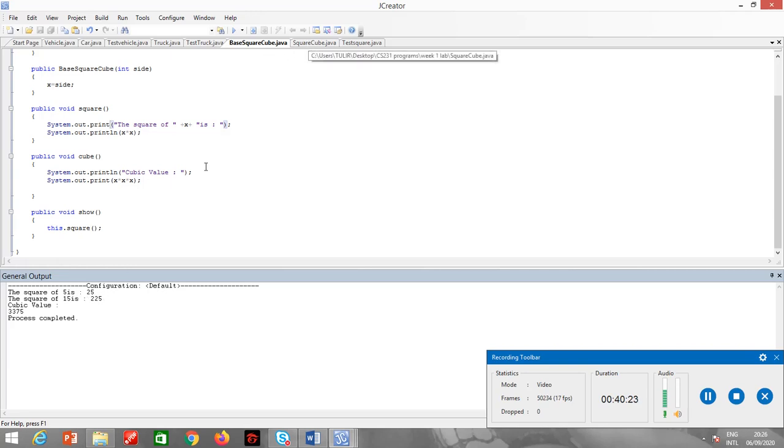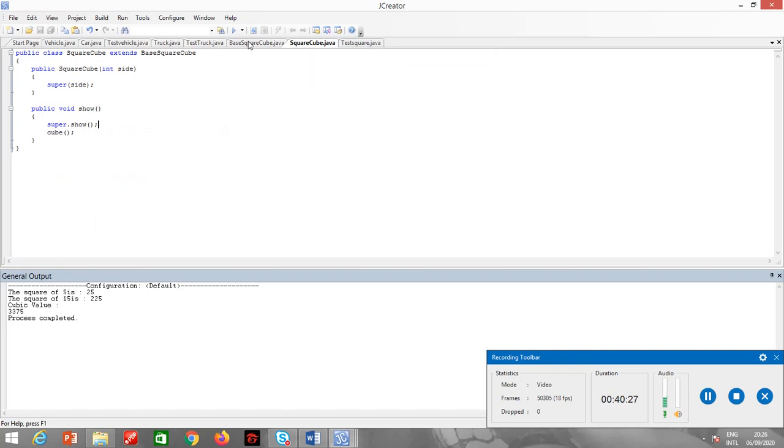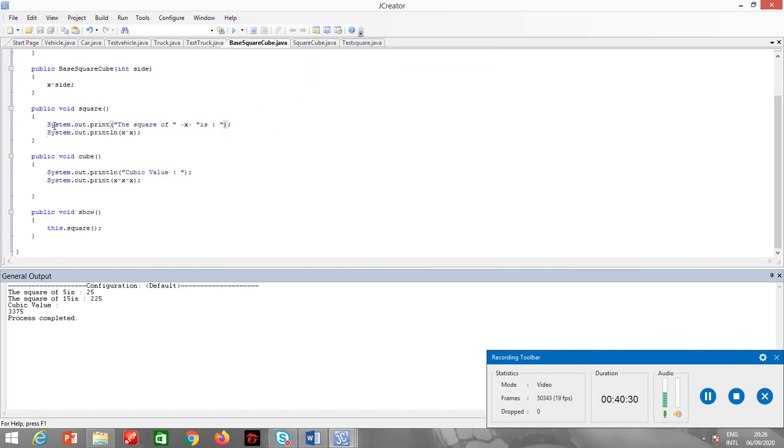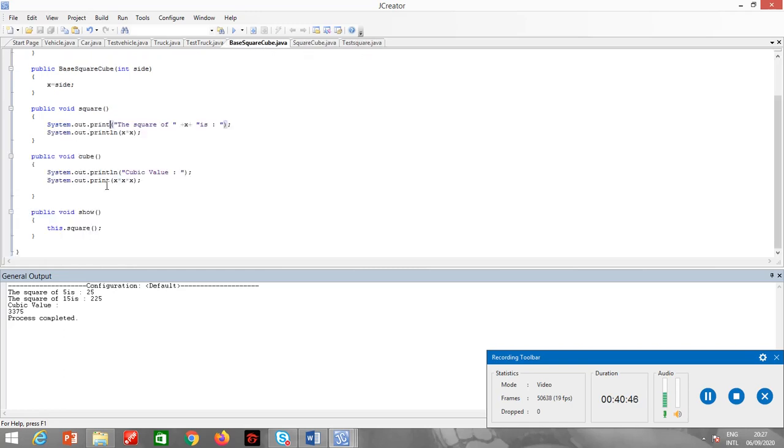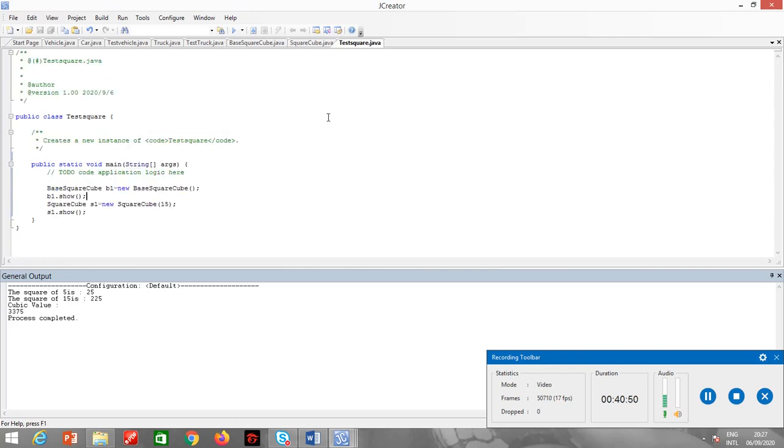After executing the parent class show method, it returns to the cube method, and it calls the cube over here, and it prints the cube, 15 into 15 into 15, which is 3375. So hence we get this output.